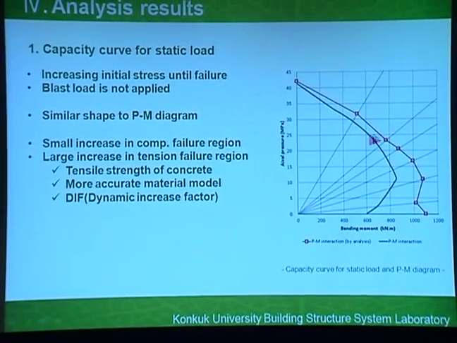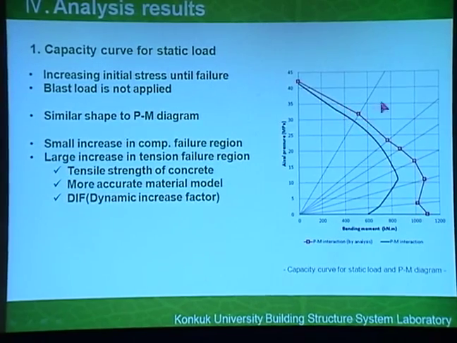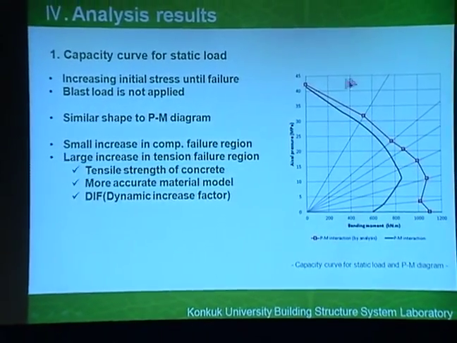So you can notice that the capacity is a little bit larger than the conventional PM diagram. This is a conventional PM diagram, used by practical structural engineers. The shape is quite similar to a PM diagram, but it has a little bit larger capacity in the compression region,